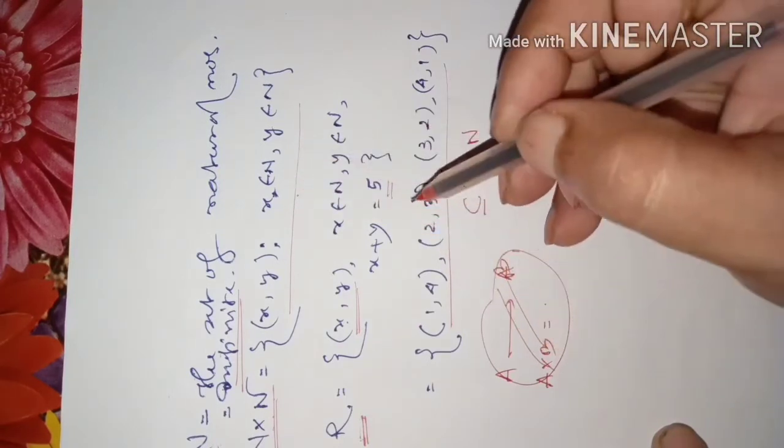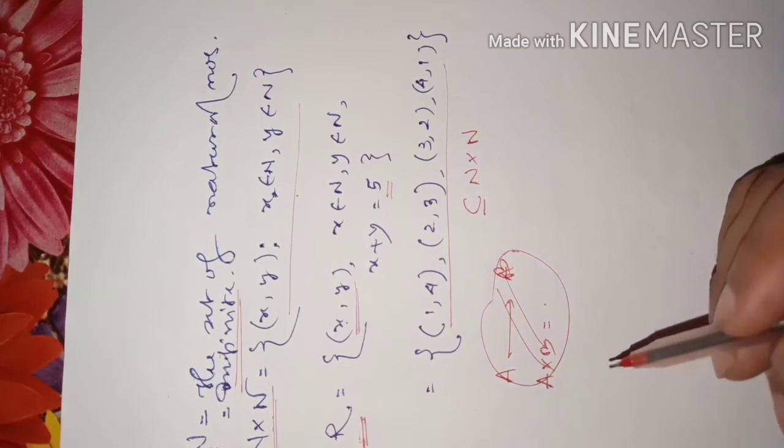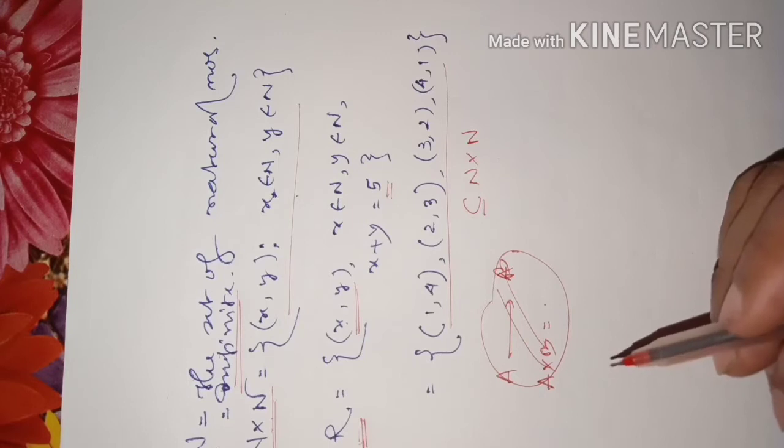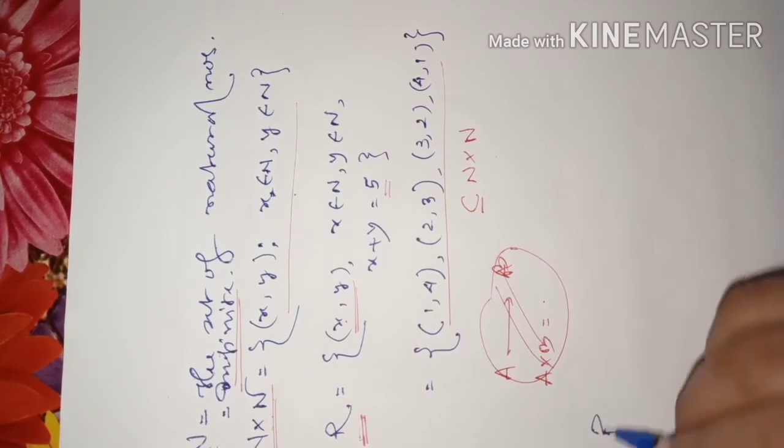So what I want to say is that it is not good to say that it is a subset of the Cartesian product of two finite sets only. So a relation is a subset of the Cartesian product of any two sets, meaning two non-empty sets. Instead of saying finite set, let us say a relation is a subset.